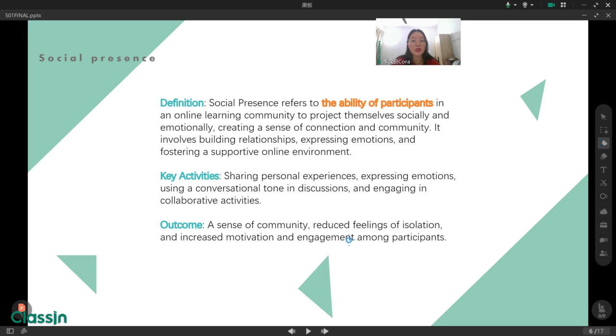And for the definition, social presence refers to the ability of participants in an online learning community to project themselves socially and emotionally, creating a sense of connection and community. It involves one, building relationships. Two, expressing emotions. And the last one, fostering a supportive online environment.